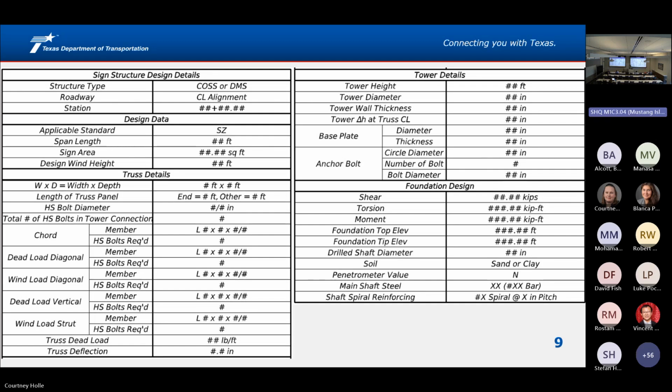Just one add-on on why DMS is separate and special: it's because the dimension and weight make it hard, especially the wind drag parameter. You cannot apply a thin plate wind drag parameter on the DMS, because the wind load on it is different. That's why we make it so special. It's the drag coefficient: a sign panel is 1.2, DMS is 1.7. So it's a big increase.